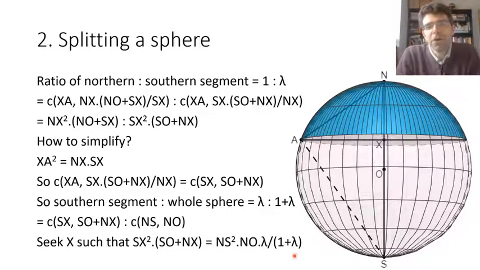So if we look at this with modern eyes, we would say something like, well, SO plus NX, that is 3 times the radius minus SX, which is a variable. So we've got an unknown and we have a cubic expression, a cubic polynomial, that we need to solve. And using techniques developed in the 16th century, you could solve that and get an exact solution for SX in terms of the radius and that parameter lambda that we've been given.